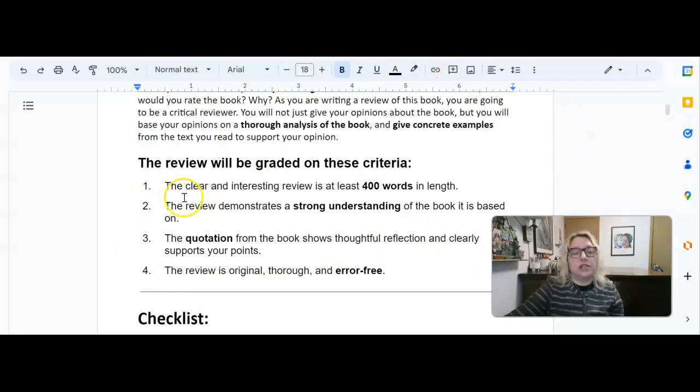The end product needs to have a clear and interesting review of your book of about 400 words. It should show a strong understanding of the book it's based on. We want you to have at least one quotation from your book, and we want you to polish it up, make sure it is error-free. And we're going to give you guys the option of submitting your book review and or your creative piece, whatever your summative assessment for Unit 4